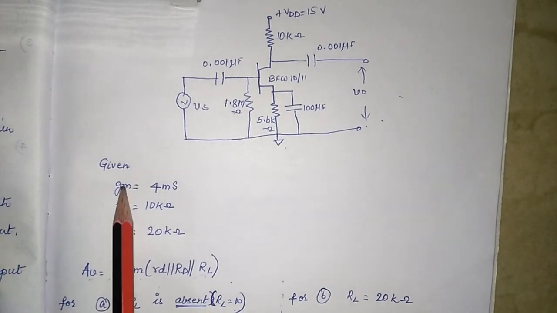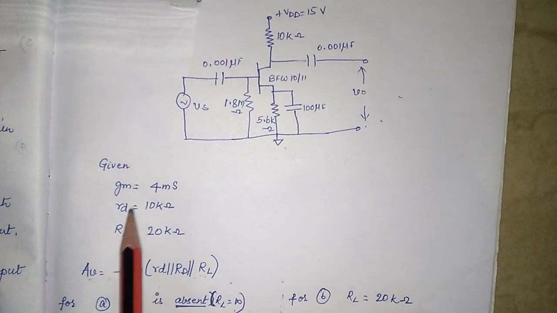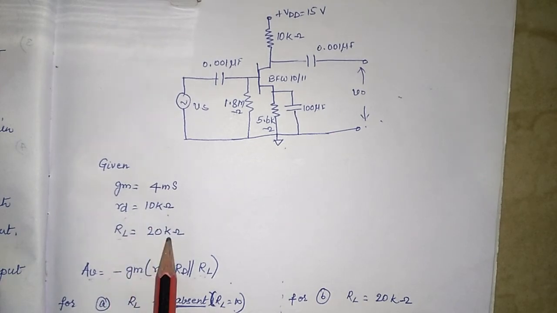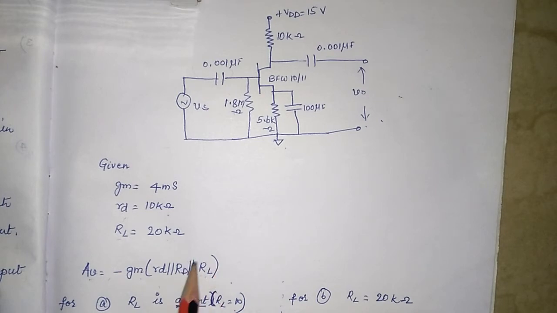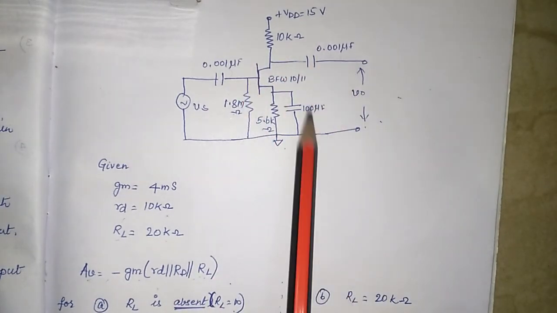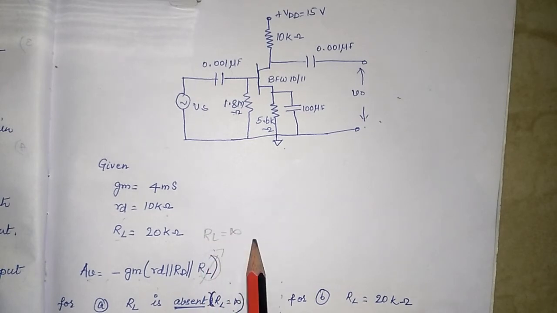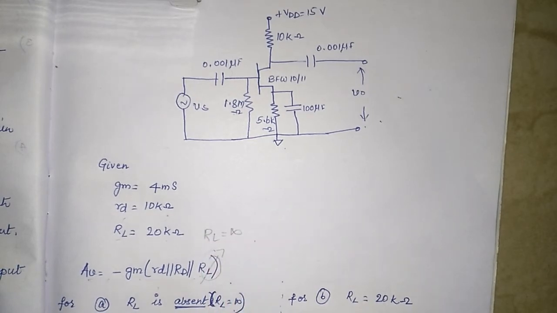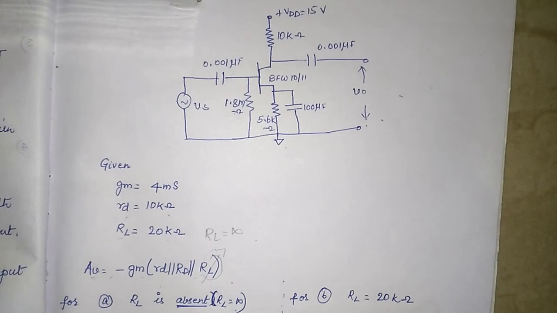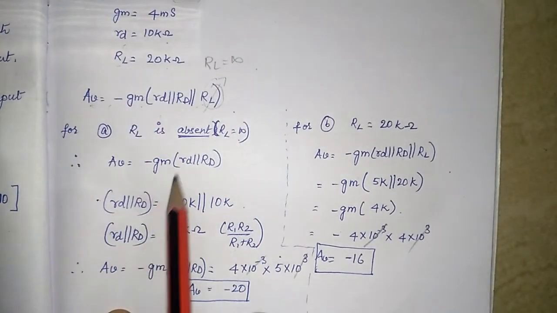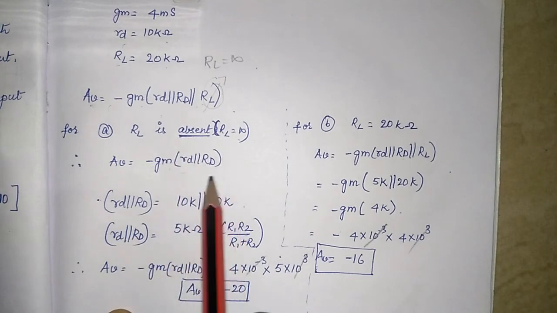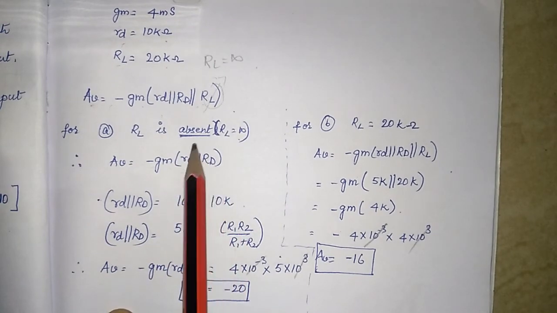So, what is given to us? The mutual conductance is given, small rd is given, capital RL is given. In the first part of the question, they have not told us about RL. Even in the circuit diagram there is no RL. So, I need not worry about RL for part A, and I can consider RL to be infinity. So, what will happen to my equation? The formula will reduce to minus gm times small rd parallel